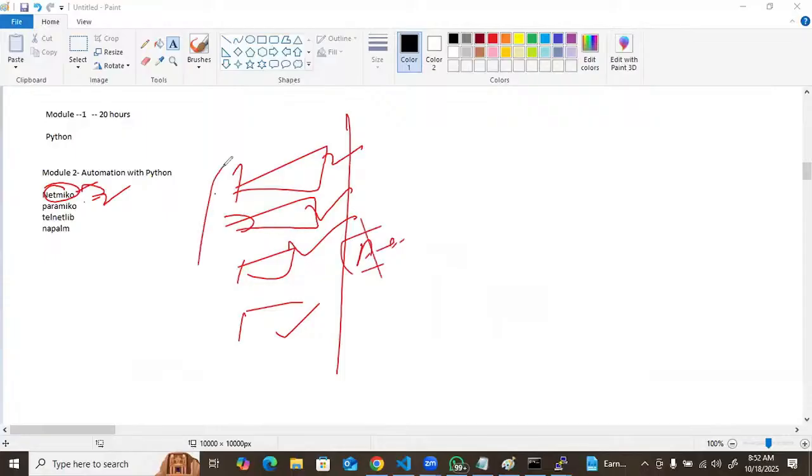But that's not my goal. I'm going to show you how you can interact with the network equipment. That's it. After that, you can write any type of program. If you have any question, you can ask me. I will show you get and push, meaning how you can get the configuration and push the configuration. Those are the two major operations that we perform on the devices. Right?